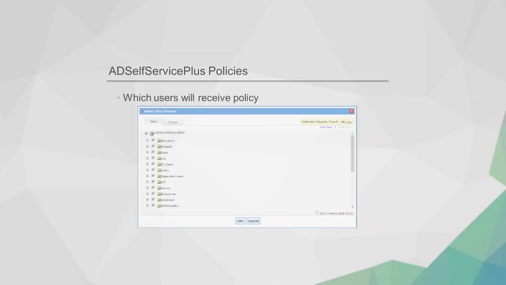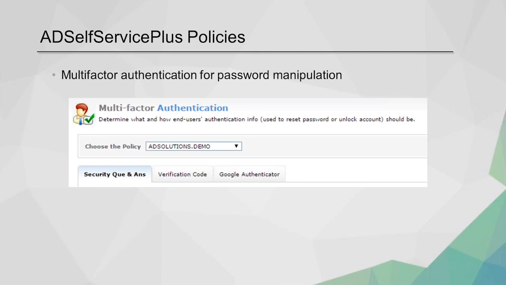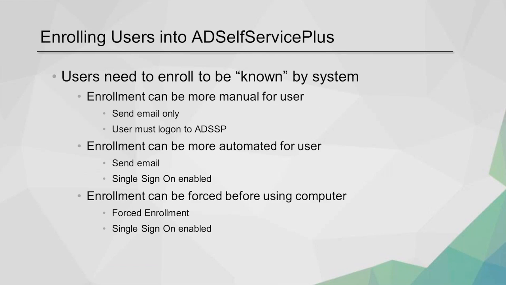All right? Okay. Now, if we move on, these are just screen captures for you. Now you have to move on to the next step. Now that you've created per OU or per group what they're going to see and how they interact with the system, you now have to put the people into the system. You have to have the user enroll. Now the enrollment, you have options here as well. And the reason that we have so many options is because the tool, over the years, customers have asked for different features and asked for different options, and that's why we provide these different options.